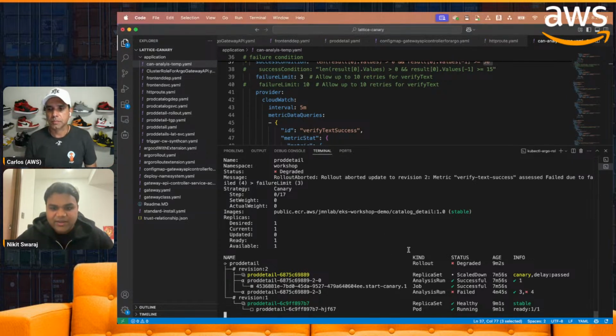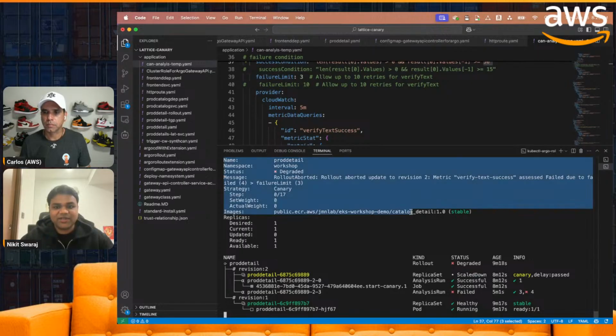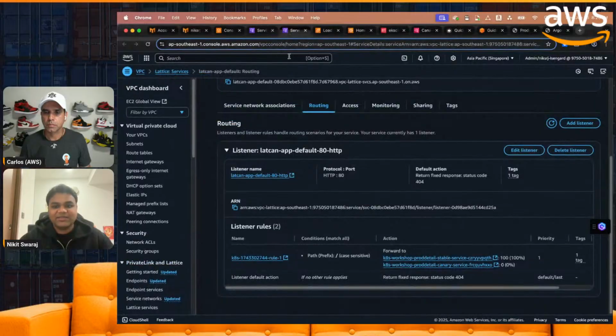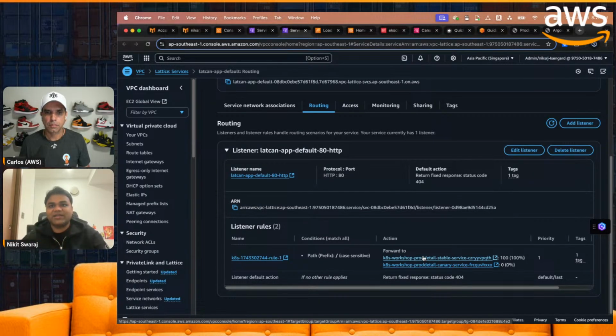Yeah. Right. So as we can see, product details scaled down over here, the rollout is in a degraded version, and the reason was the analysis run failed. So now we can see that the only version available is the stable. And now let's have a quick look at what's the change in the Lattice service. If you see, because of the rollback, 100% of traffic moved to the stable version. Yeah, so this is how the rollback actually triggered,